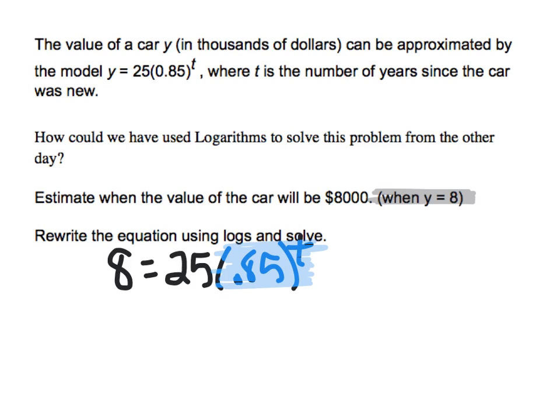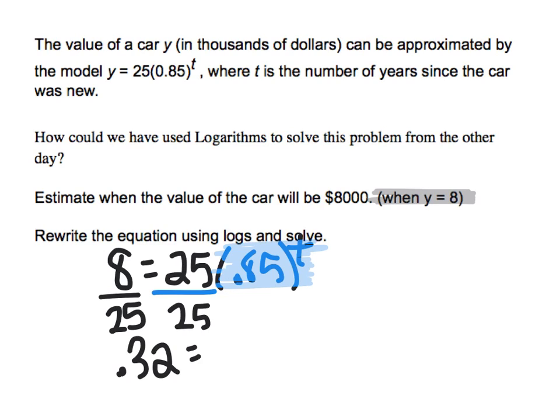Okay, so we want to isolate the exponent, which means in order to do that, we would need to divide both sides by 25. Let's go ahead and divide both sides by 25. 8 divided by 25 is 0.32. So we have 0.32 equals